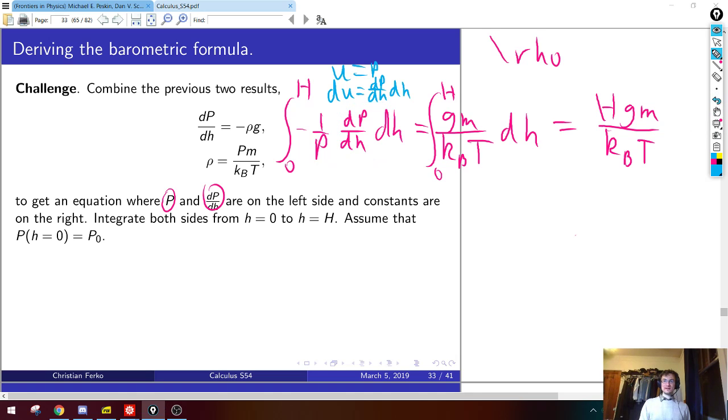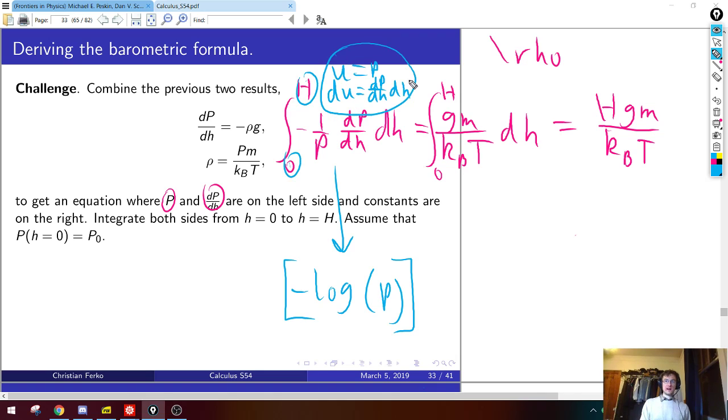Negative log. Well, be careful because the endpoints change. So I'll put the big boys in and then you can tell me. How do the bounds change when we go from h to p? So when h is 0, what is p? And when h is capital H, what is p? Based off of the u equals p formula, nothing changed, unless I'm confused. No, something definitely changed, right?